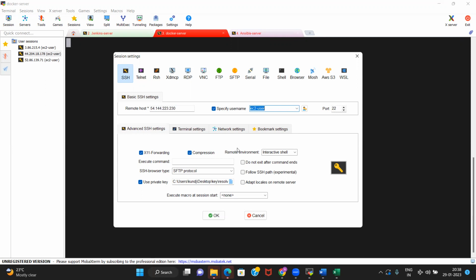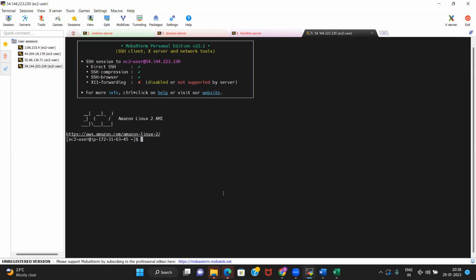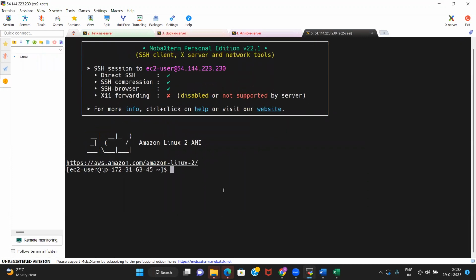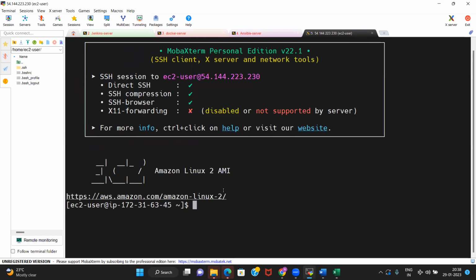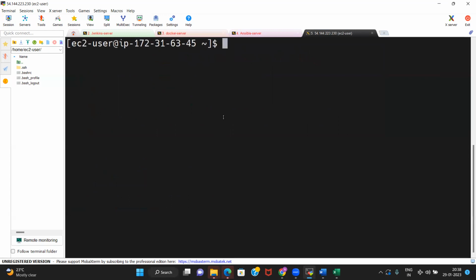In case you are facing any problem, it means that somewhere you either haven't selected the key, or you haven't entered EC2-user. In those cases, you are going to get an error and you will not be able to connect. Let us clear the screen. Clear is the command with which you can clear this.